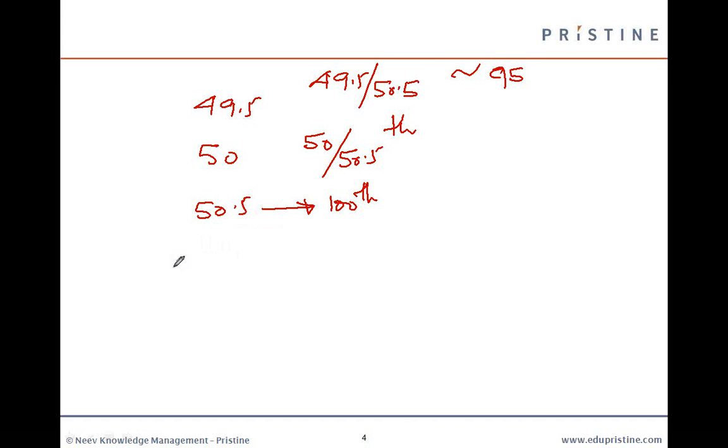The general pass rates in CFA level 1 in particular are around 35 to 40 percentile. As long as you are in the 35th to 40th percentile, you have a good chance of passing. Anything less than 35th percentile, you have a problem. So two good things: one is there is no negative marking, and the other is it's percentile based, which means relative valuation. If you found the exam to be difficult and others also found it equally difficult, then it increases your chances of passing, because relatively you may get into a good percentile zone.